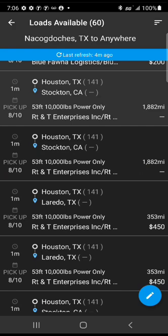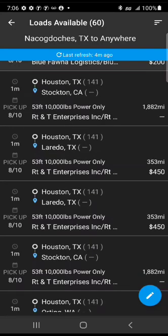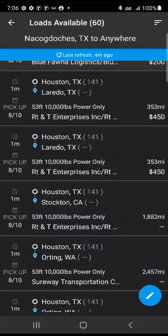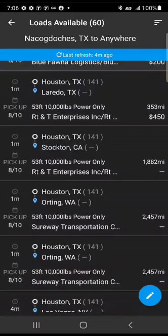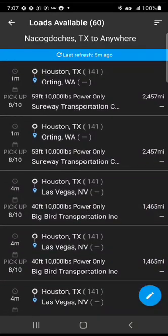Just trying to get their listing on top of this load board. And what I'd try to do is I'll delete them, and then you can refresh in a little while, probably 30, 40 minutes, and they'll all be back. So this says, up at the top, you see loads available, 60 loads, but it's really not 60 loads. There's all these things that they just list over and over and over. And for whatever reason, I don't know, maybe you guys could tell me,